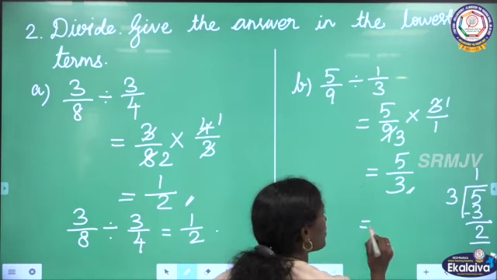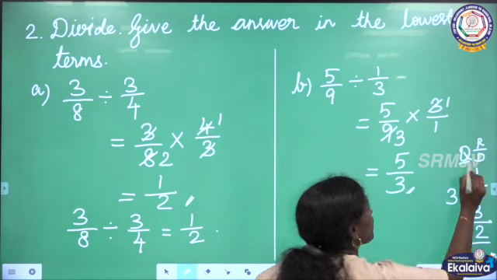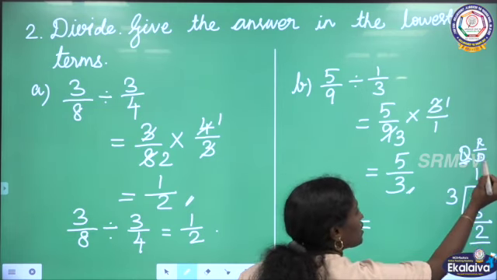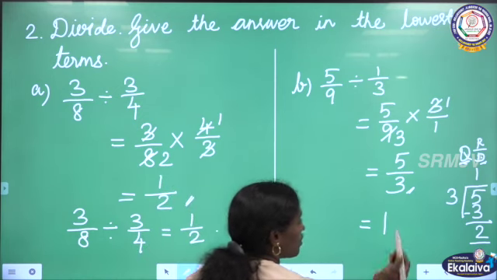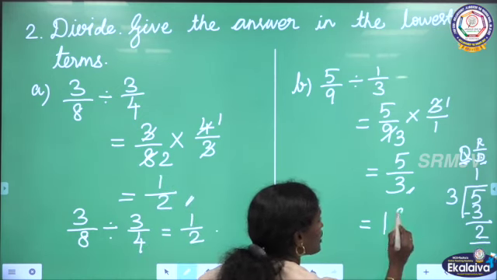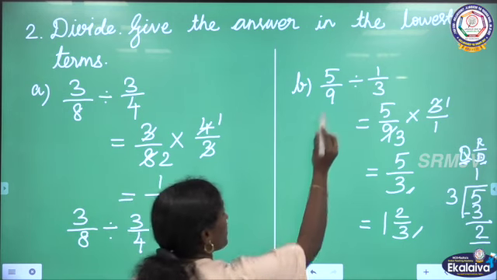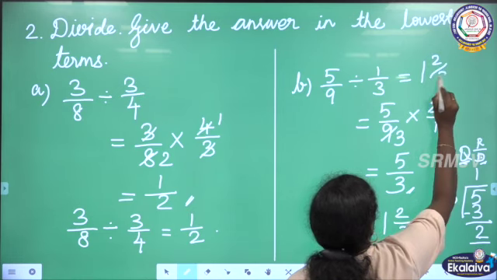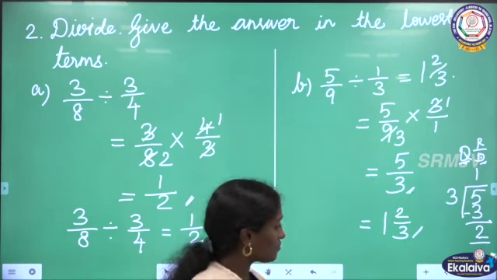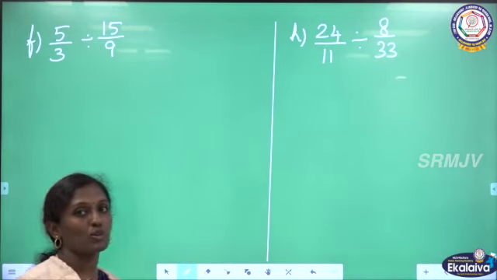So we have to write in the form of quotient remainder by divisor. Quotient is a whole number part and remainder by divisor is a fractional part. Here quotient is 1 whole number and remainder is 2 and divisor is 3. So the answer is 1, 2 by 3. So 5 by 9 divided by 1 by 3 is equal to 1, 2 by 3. Is it clear, children? If you are getting an answer as an improper fraction, we have to convert it into